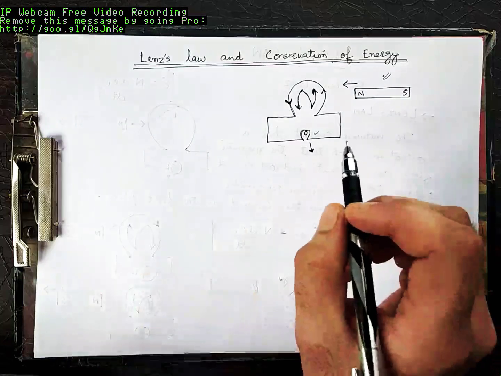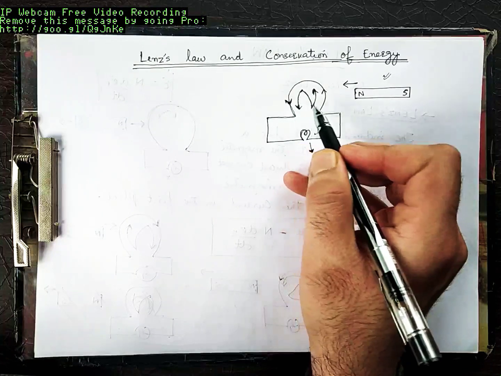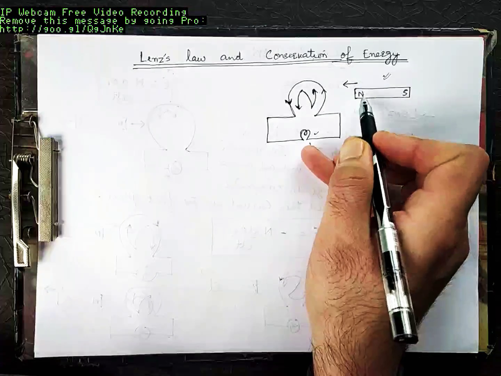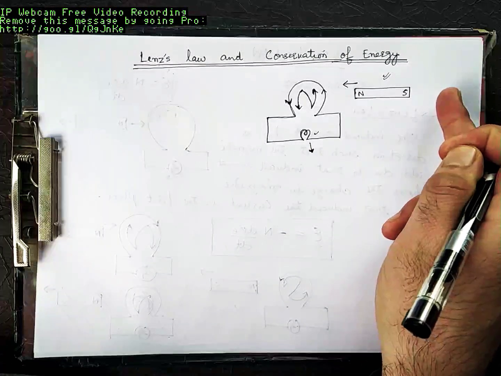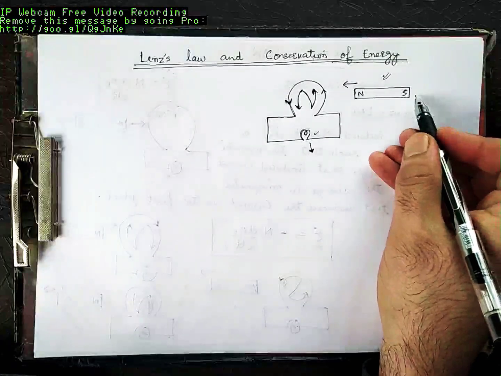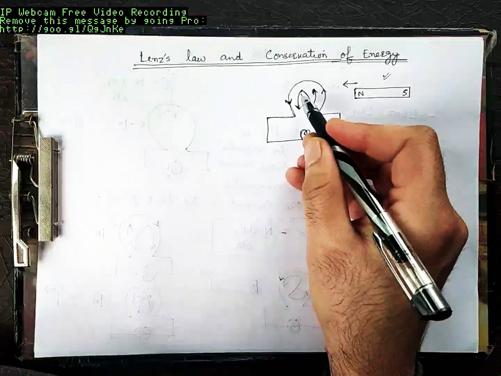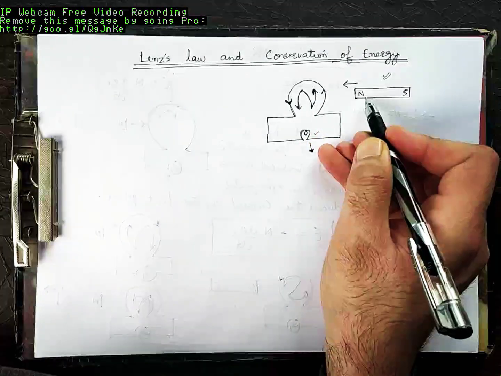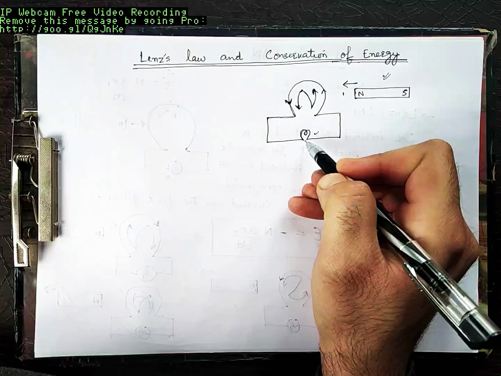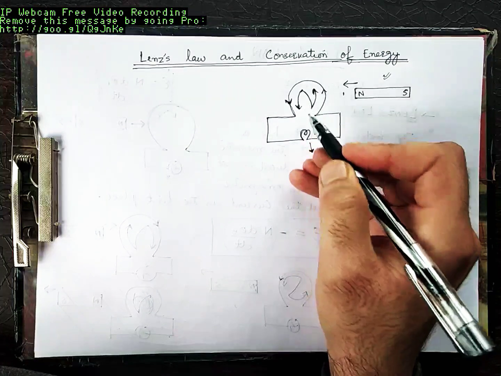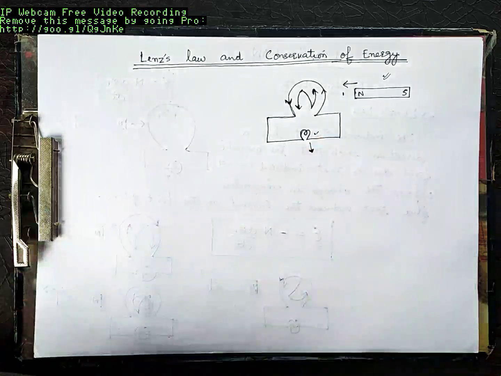I hope you are getting me. If this side is a south pole, then that south will attract this north on its own. I don't have to put in any energy now. Only once I push this north towards the coil. If this coil side is a south pole, then that south pole will attract this north pole. It will again come closer. This will again glow because flux increased. This is again south, so it will again attract the north pole towards it. That means you can create a perpetual machine.